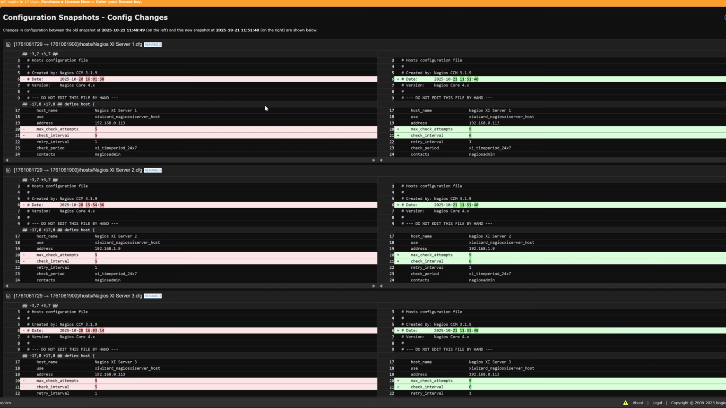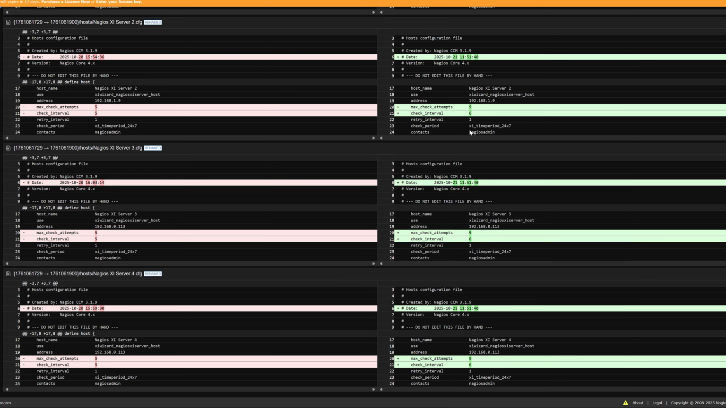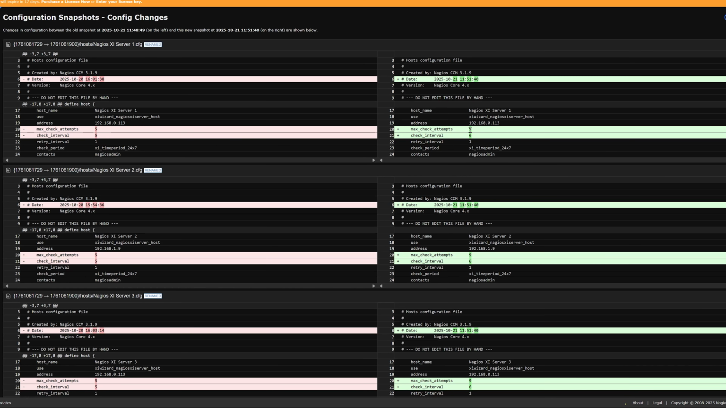On the left-hand side is max check attempts, which was 5, and check interval, which was 5 by default, and they have now been changed to 9 and 6 for what we have decided to change across all of the following hosts. Let's say if for whatever reason you do not like the changes that have been made, well,